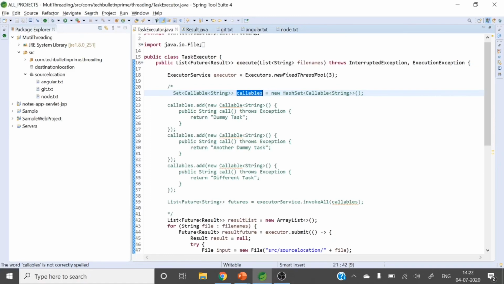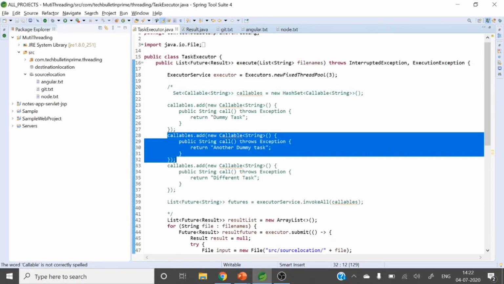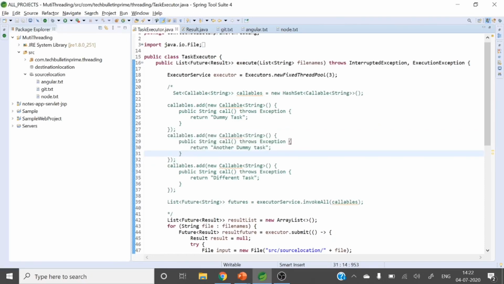Suppose one callable object for calling the third party API. So you can create this callable object, and you can add it to that list or set. And another one, suppose the second task you want to copy some files, so create a callable object and add it to that collection. Collection means either set or list.